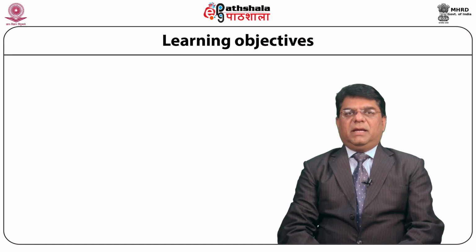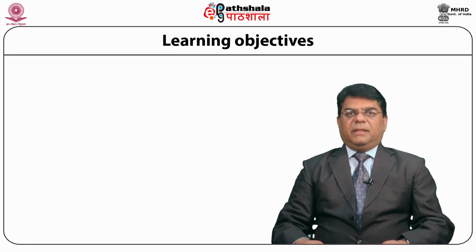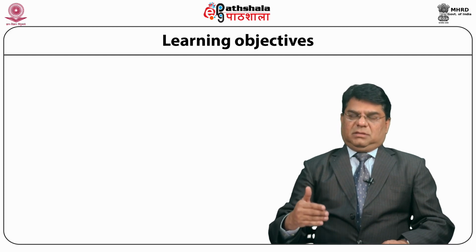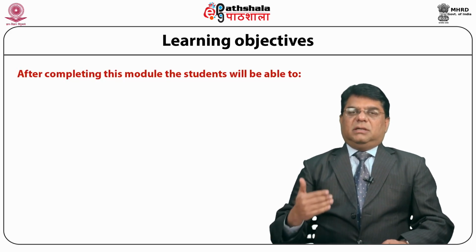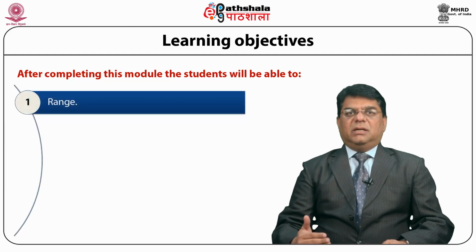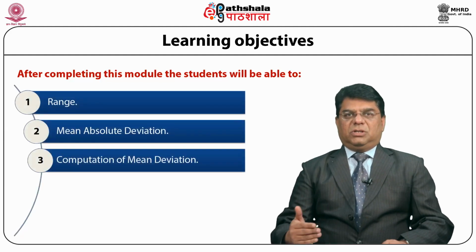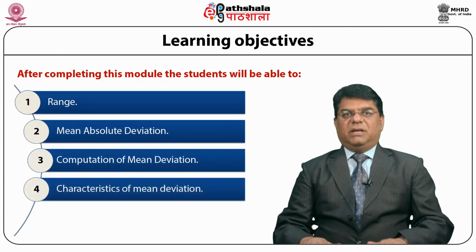Today we are going to talk on the module Measures of Dispersion, and in this module we will be talking about mean absolute deviation, standard deviation, variance, and coefficient of variation under the paper Quantitative Techniques for Management Decisions. We will be covering various topics, and by this paper you will be able to understand the complete module with contents like range, mean absolute deviation, computation of mean deviation, characteristics of mean deviations, uses